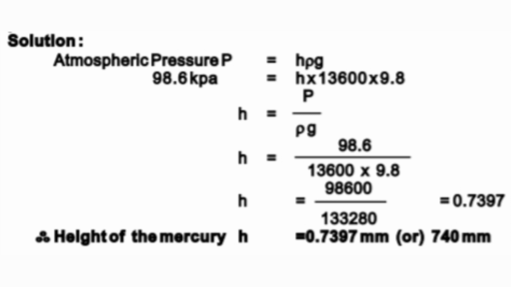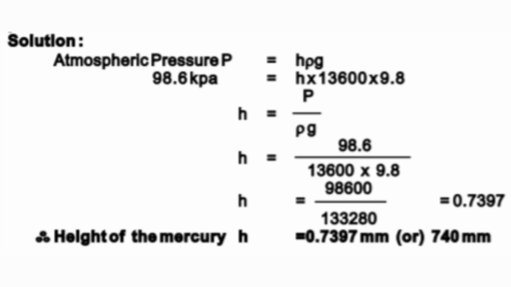We have given atmospheric pressure P, 98.6 kilopascal is equal to h into 13,600 into 9.8. Rho, density of mercury, is 13,600. g is equal to 9.8. We have to substitute. h is equal to P by rho g. h is equal to 98.6 by 13,600 into 9.8. If we simplify, we get h is equal to